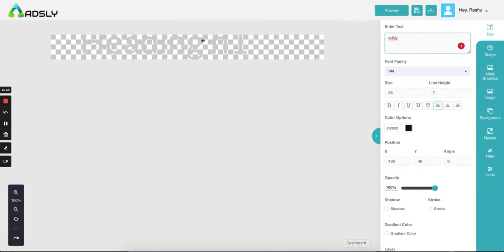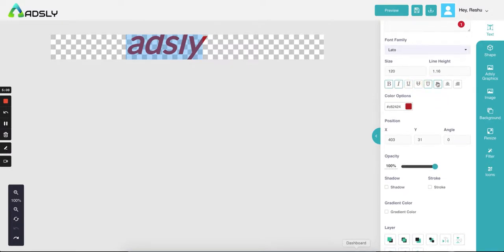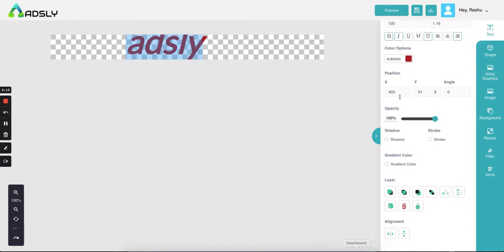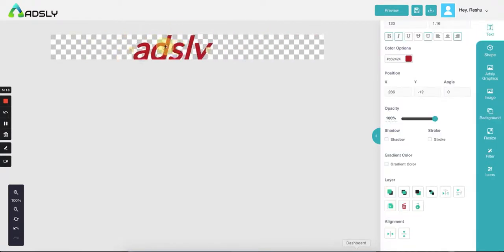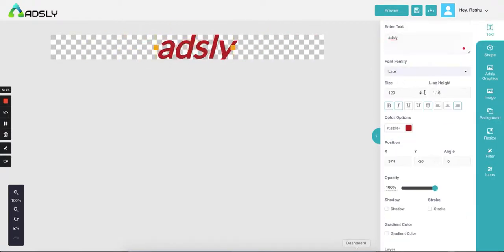I have definitely done something over here, but I'll write it again. This will help you to bold the text. These are all the basic text settings: italic, underline, center aligned, side aligned. Here you can position according to the angle, but you can also do that by clicking on it and dragging it with your mouse.